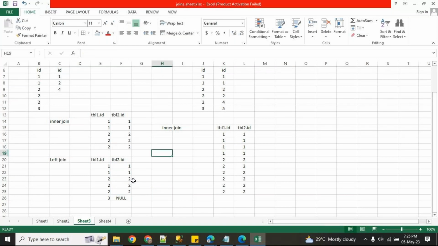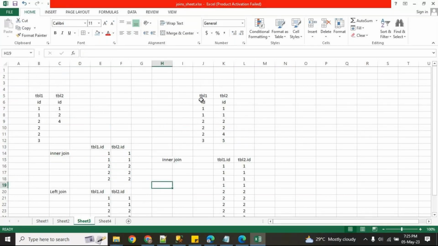Okay, similarly in this case. How many times is this one matching? Two times. This one? Two times. These two? Two times.